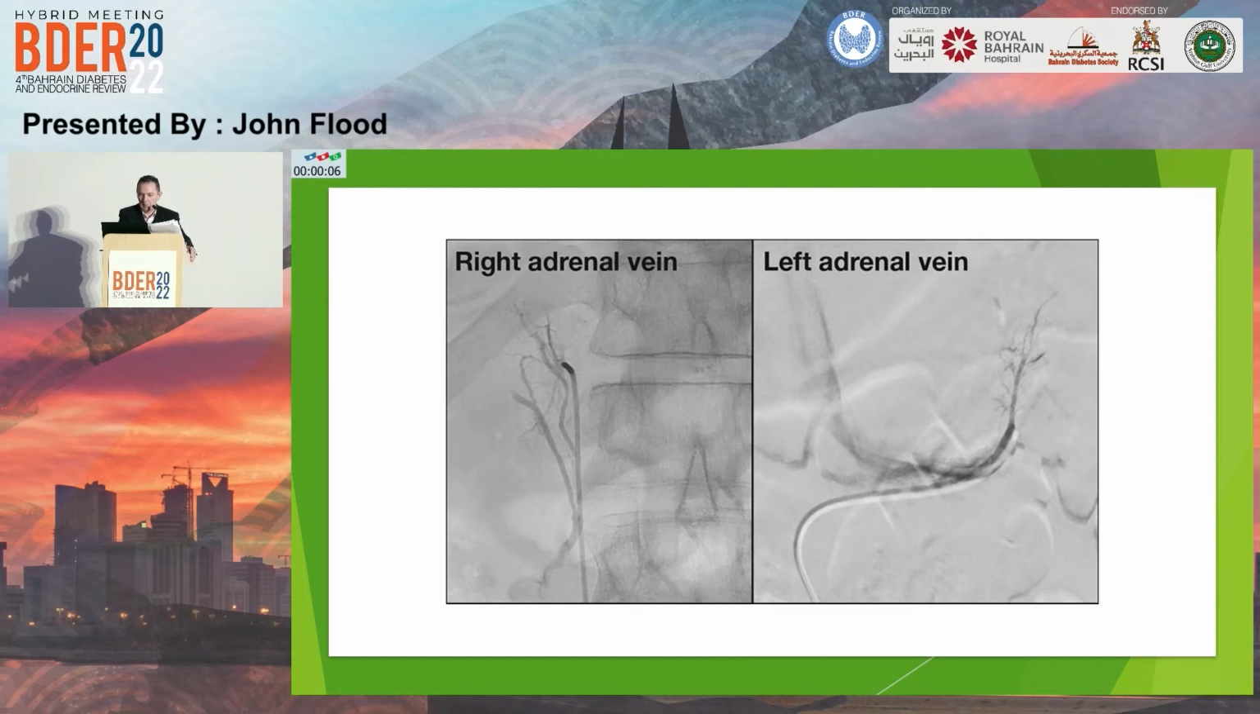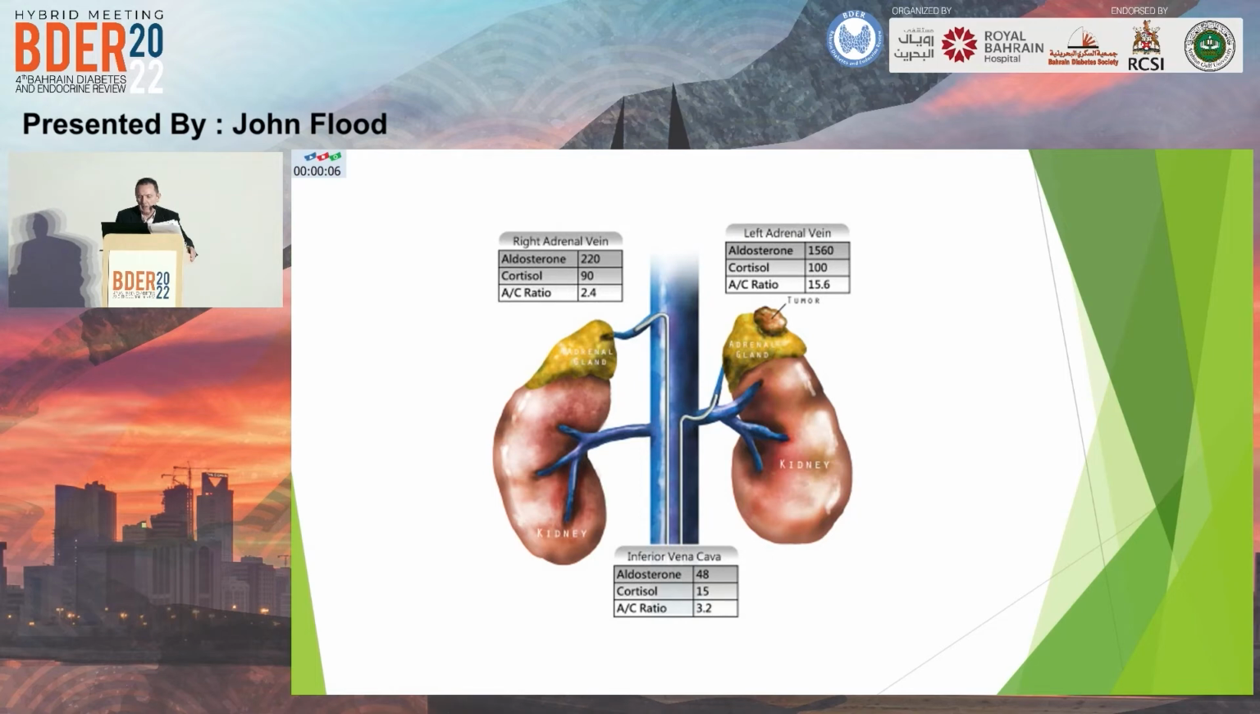This is what the catheter looks like on image intensifier. As you can see, it goes up into the left renal and then into the right side. This is a typical result. As you can see, theoretically, this is a cartoon obviously, you've got a tumor on the left side, you've got an aldosterone cortisol ratio of 15.6, the opposite side is 2.4, and you get a background